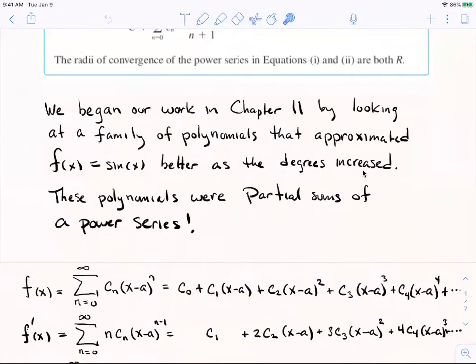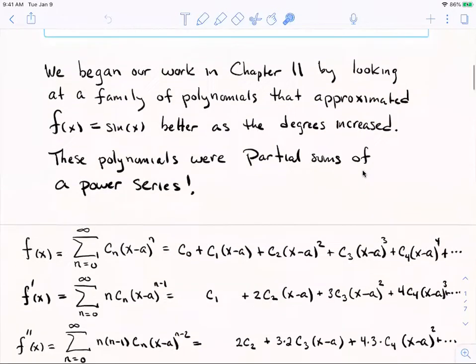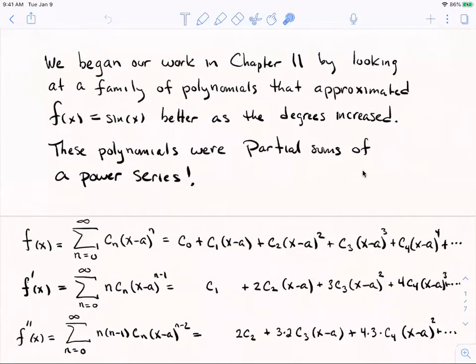Pause the video and differentiate that thing yourself. Make sure that what I'm writing makes sense to you, that's just the power rule. It's the very first rule of differentiation you ever learned. The second derivative, okay, well, differentiate again. When you take the second derivative, C1's going to die because its derivative is 0, and you'll end up with